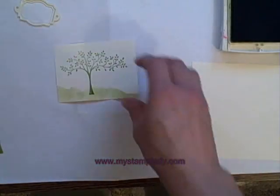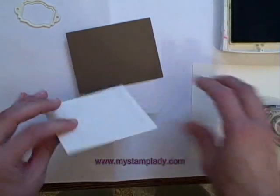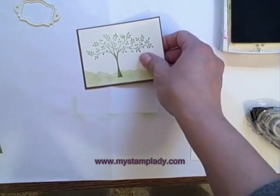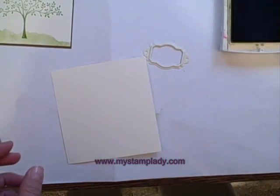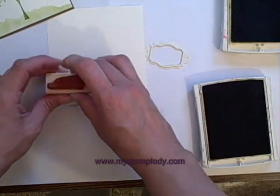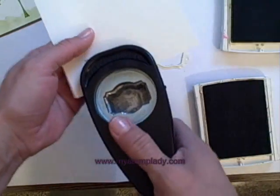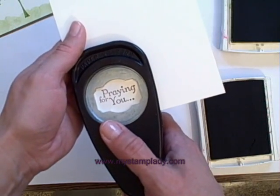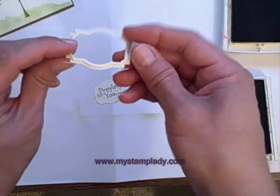Okay, I'm going to mount this focal piece onto a piece of soft suede cardstock mat. There we go. And then I'm going to get my little greeting on here. So I took another piece of very vanilla cardstock, and I take the side Praying for You and stamp that down and up on my cardstock. Take my designer label punch and punch at center in the Praying for You,